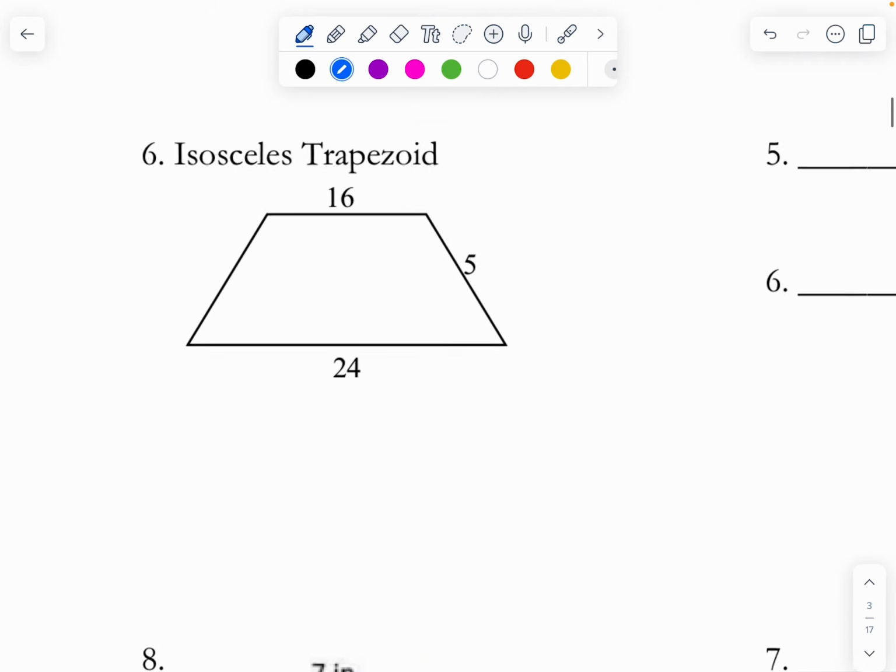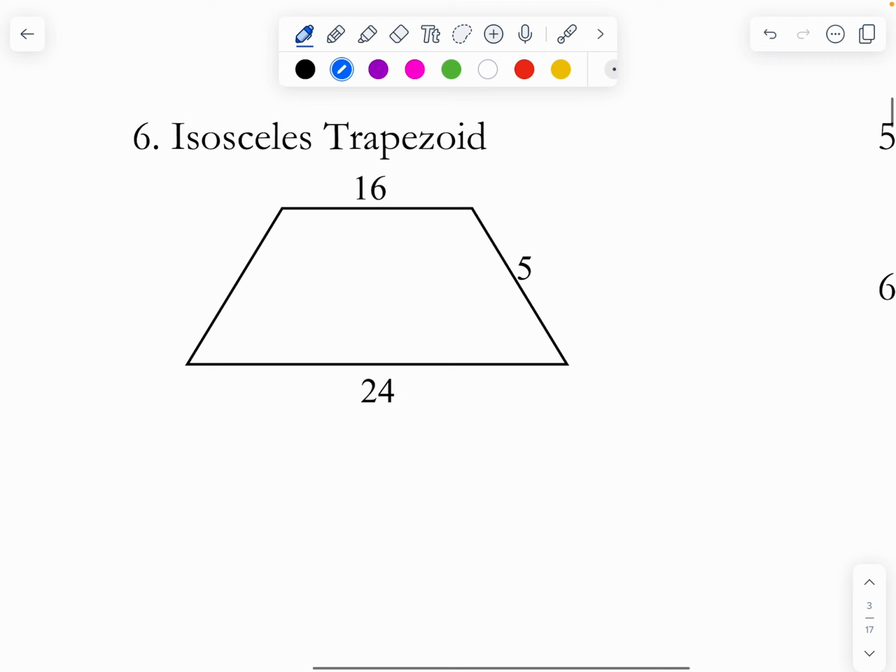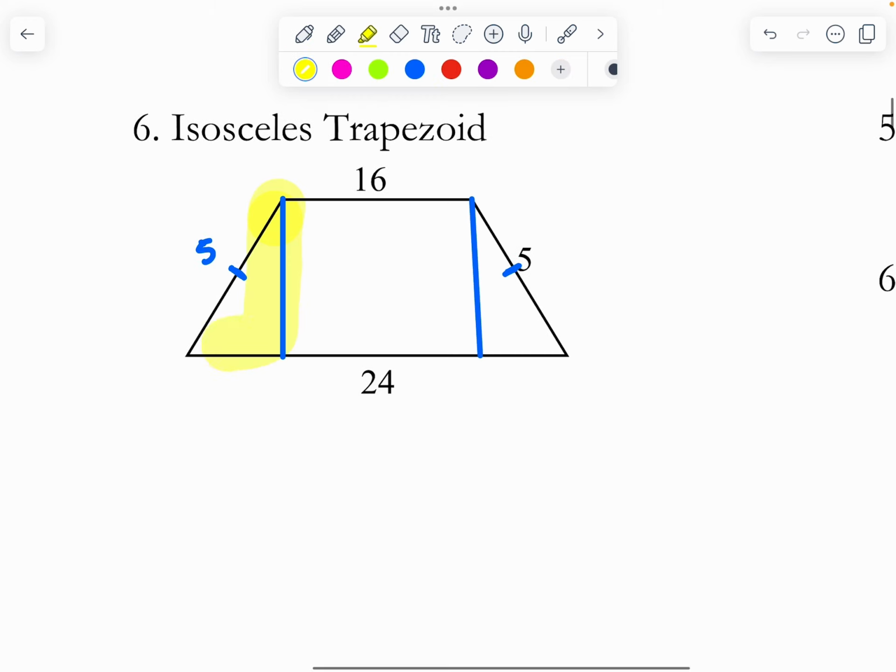Let's do this trapezoid. Now, trapezoids are kind of hard for some students because there's two different types. There's just a regular trapezoid and an isosceles trapezoid. Now, remember, an isosceles trapezoid tells us that these legs are congruent. So I know this has to be 5. Not that it matters for now, but I do know that has to be 5. The cool thing about isosceles trapezoids is that we can take this area right here, and we can just cut it off. And these two triangles are going to be congruent. I know that because these are the same height,